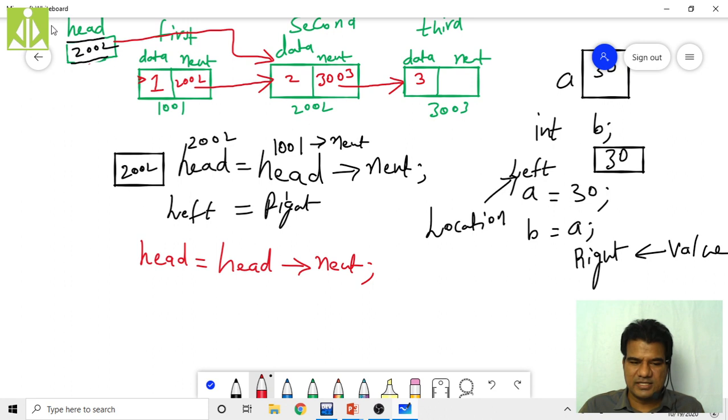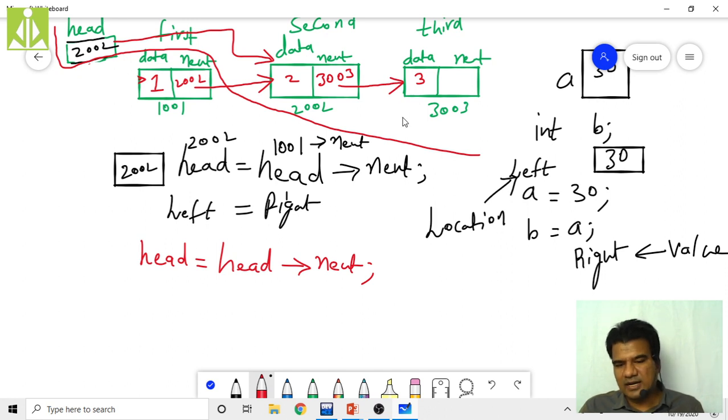No, we are not storing it anywhere. The last thing is null. So moving the head one step ahead will remove the first node from our linked list.